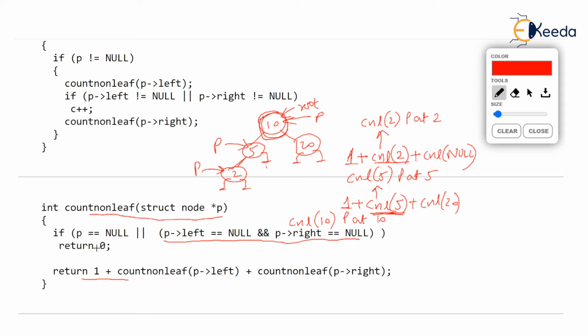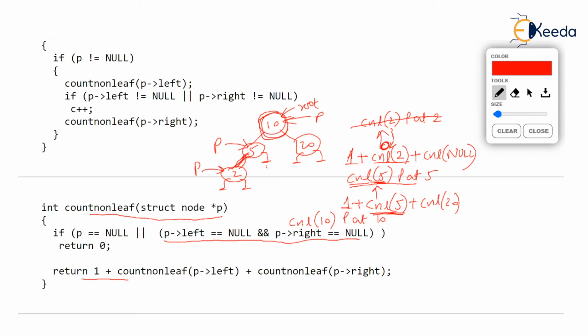And we will, by the way, count non-leaf 2, here I am striking out. Count non-leaf 2 has returned 0. 0 back at the call. This person, count non-leaf 2, is 0. So what we know is that the left branch of 5, we were talking about the left branch of 5, is having 0 non-leaves, isn't it? Left branch of 5. We are in the count non-leaf function, count non-leaf 5 function again.